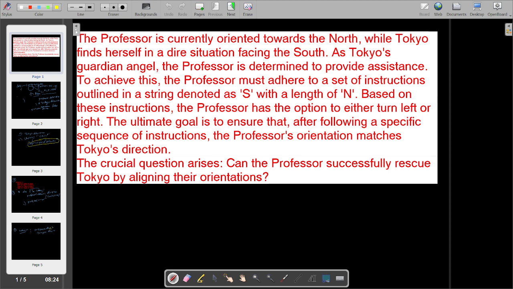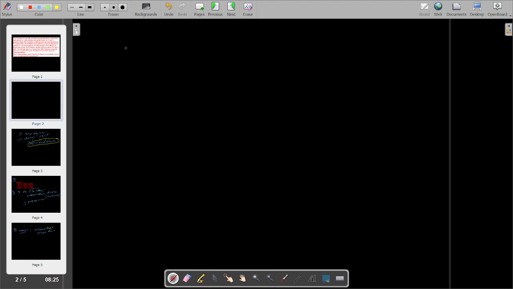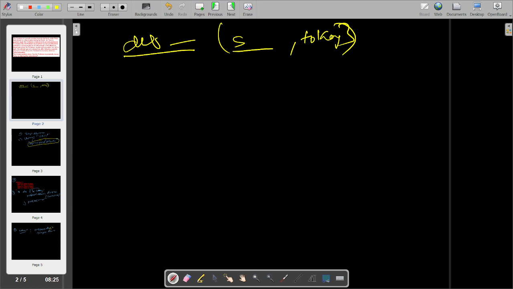Okay, I will tell you the question they have written. There is one function they will pass, with two parameters. One is a string, and the second is Tokyo's direction. Let me explain one more time. They will provide one function, and in the function they will provide two parameters: a string and Tokyo's direction. After that we need to find out